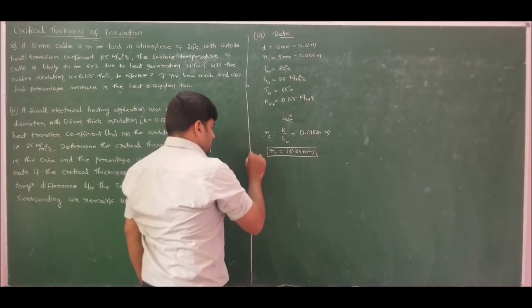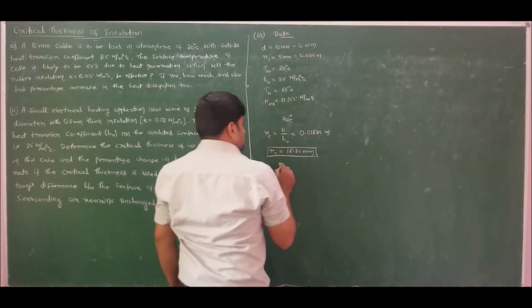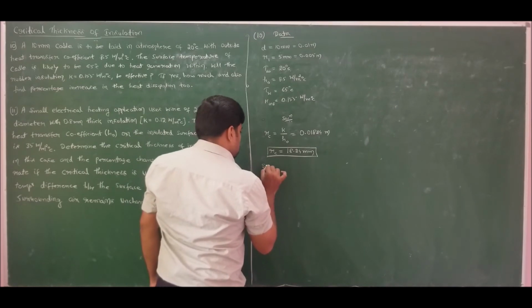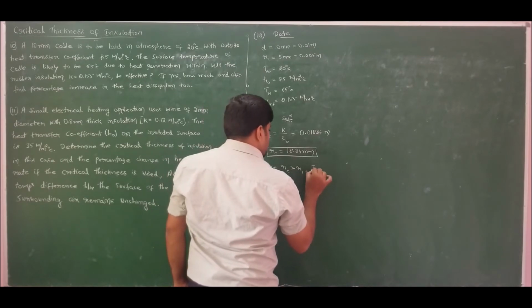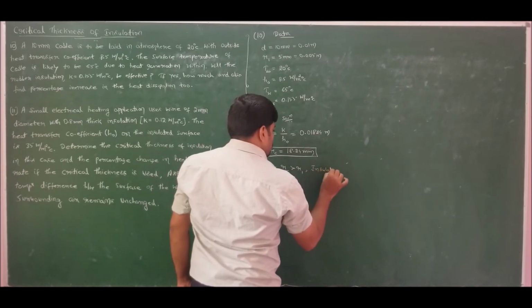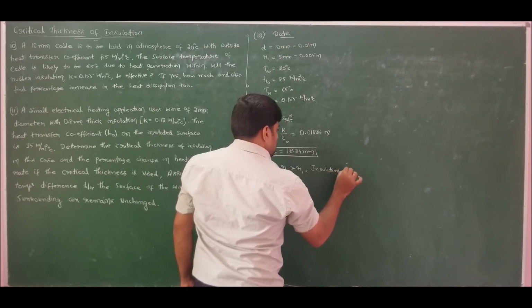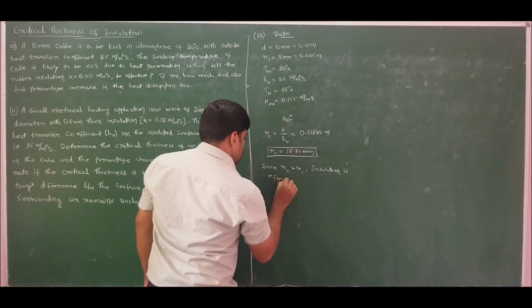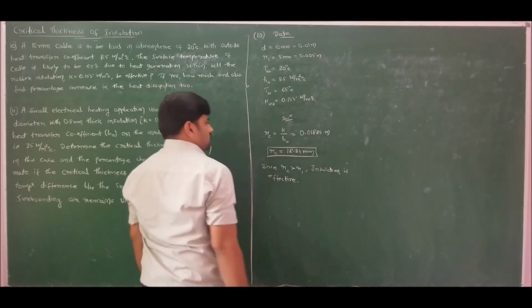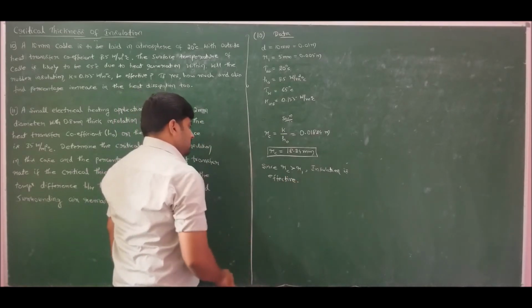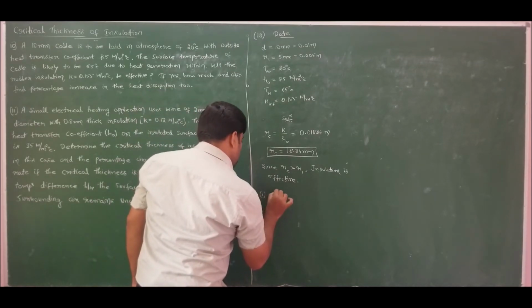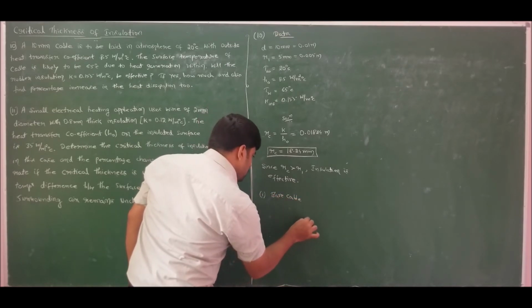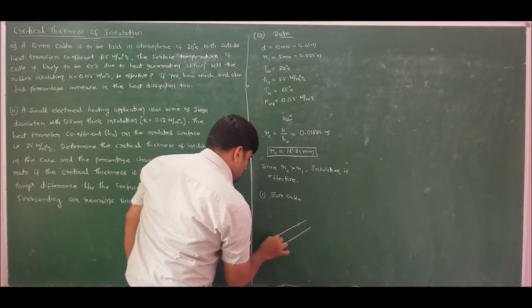So since critical radius is very high compared to the actual radius of cable, insulation is recommended. Addition of insulation will increase heat loss or heat dissipation from the surface of bare wire. That is, since RC is greater than actual radius, insulation is effective. Now in order to study what is the percentage increase, let us consider two cases. Case 1, bare cable without insulation. If we consider bare cable without insulation, it will be like this.